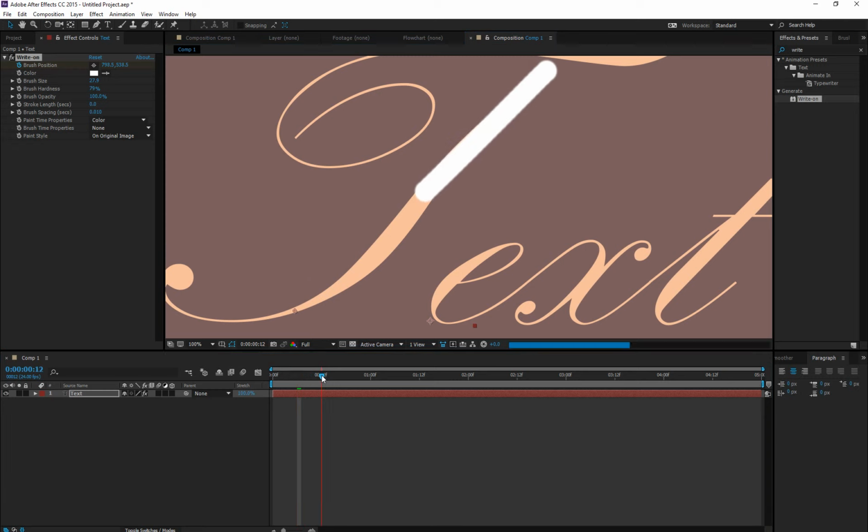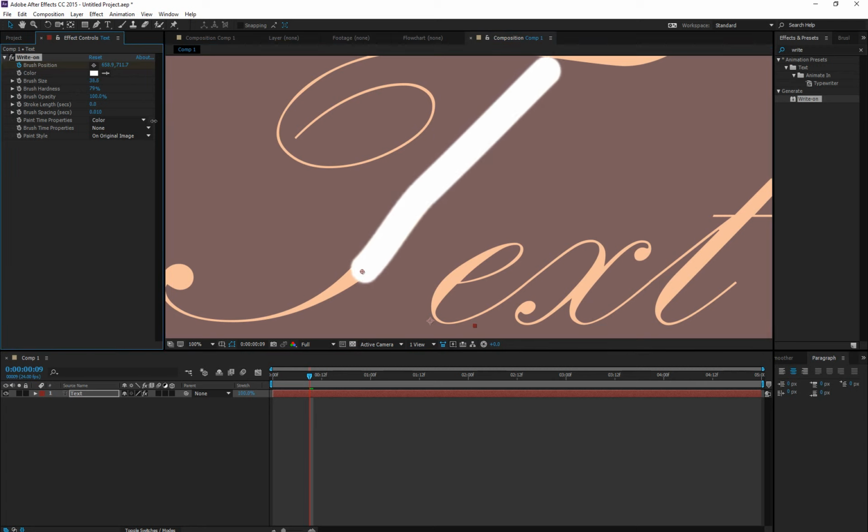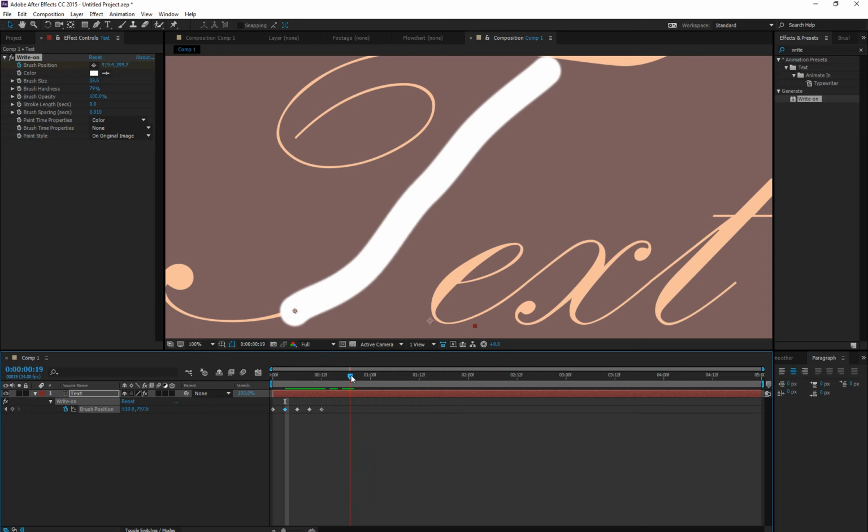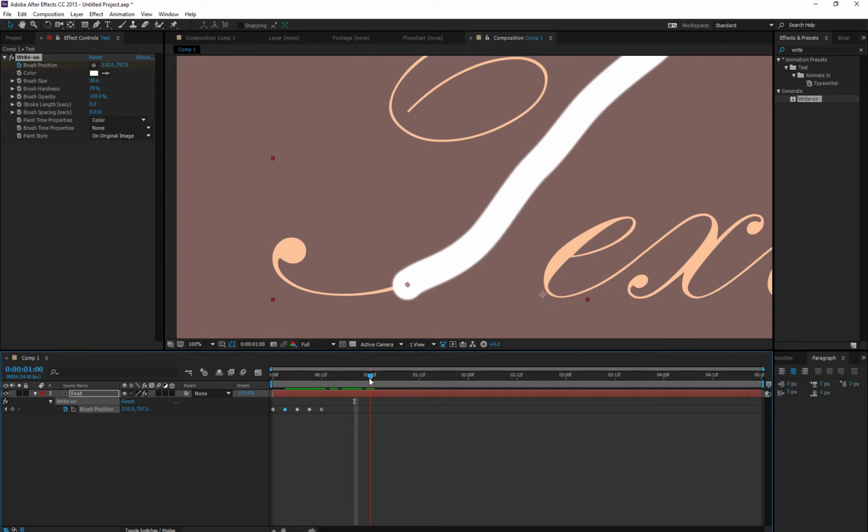So maybe here it will be somewhere here, and I need to change the thickness, the cover on the entire area. And if I hit U, then I can see all the keyframes. And I'm going to move again. Okay, this is quite fast, but this is gonna work fine for me. And let's say here I'm going to create the keyframe,